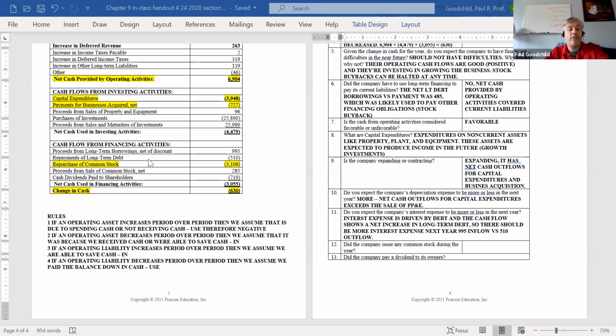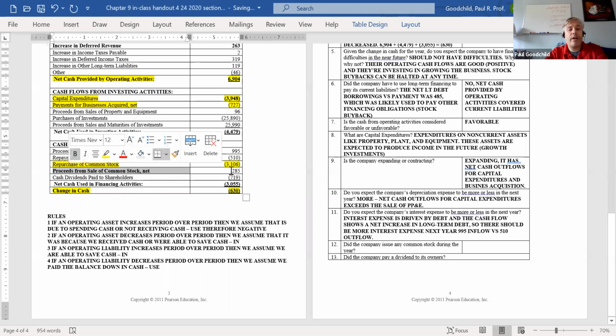This one's interesting. So we would find common stock, and we did have sale of common stock of 285. So yes,